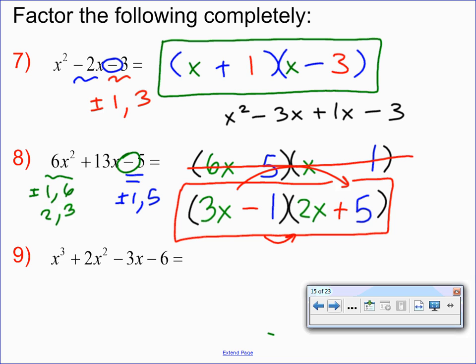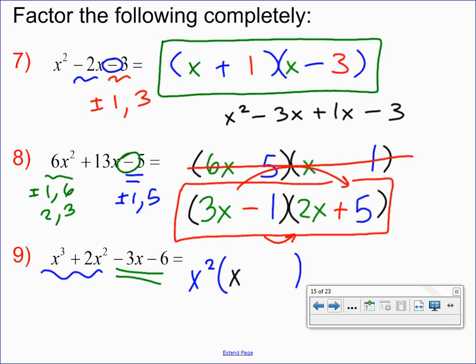Yeah, so I could have this be my blue group, perhaps, my first group of 2. My second pair, negative 3x minus 6. Do they contain a common factor? They do. They both have a negative and a 3. So I'm going to go ahead and leave it as is and not reorder. Now we'll focus in on the blue group. In the blue group, what's the greatest common factor? Well, x squared is the greatest common factor. If I were to factor that out, it would leave me with